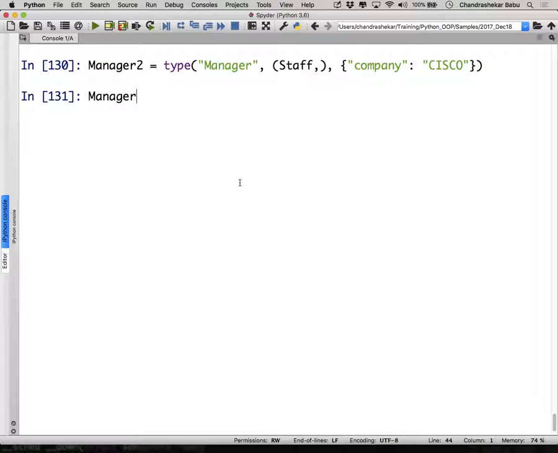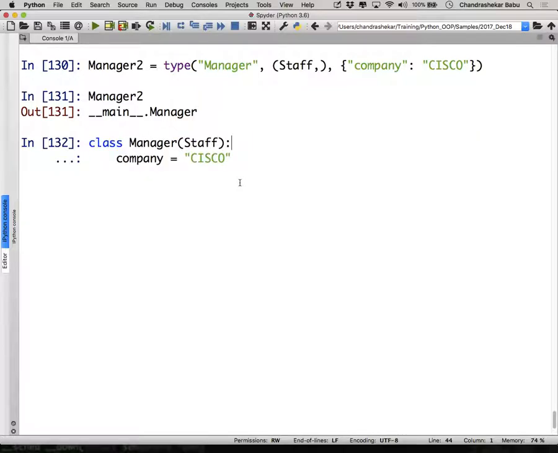So just see this. When I say class manager of staff with company Cisco, sometime back I said it like this, right? It is similar to telling manager is equal to type of the name of the class, what class it derives from, and what the class attributes are.